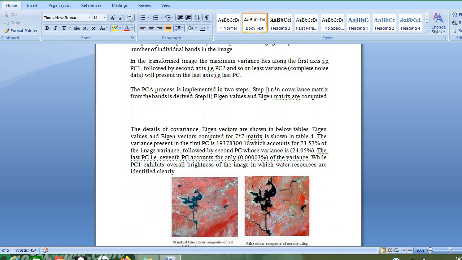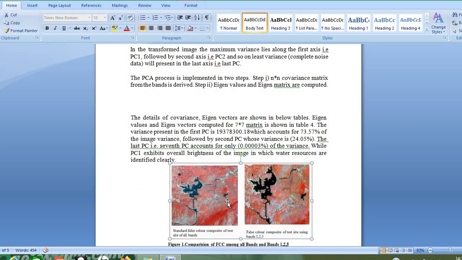Next, this is the sample image I am showing. This first image is done by layer stacking 7 bands. This particular study area belongs to Nagarjuna Sagar. The first image is a MSS of 7 bands. I have made an inquiry into how much variance is there. After coming to a conclusion, I thought that instead of using 7 bands, it will be better to reduce the bands. That is the reason I have gone to this particular image.